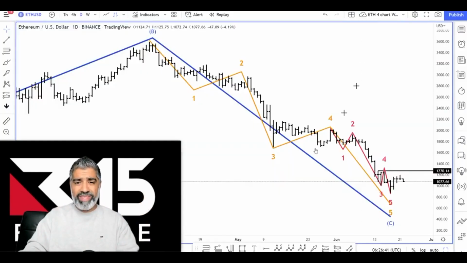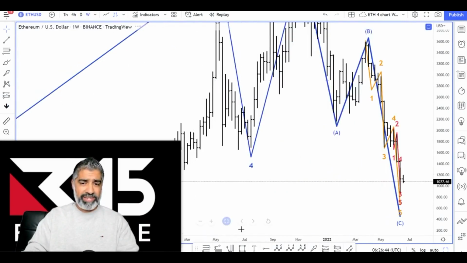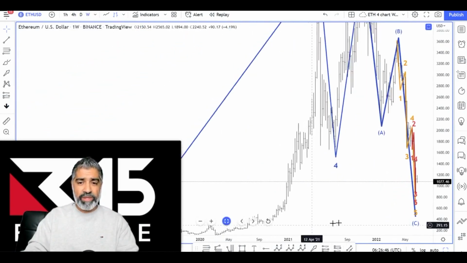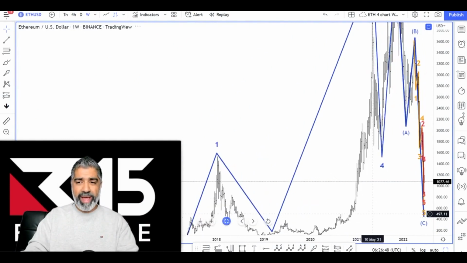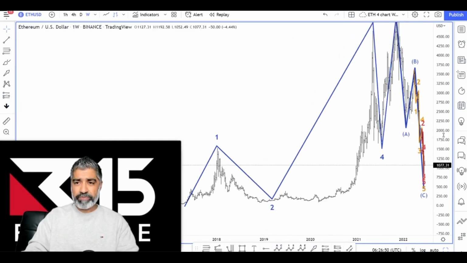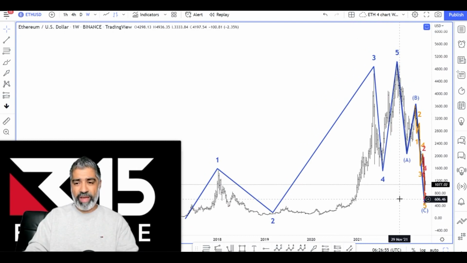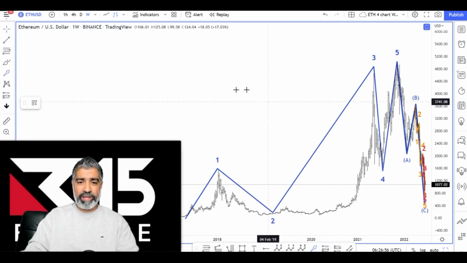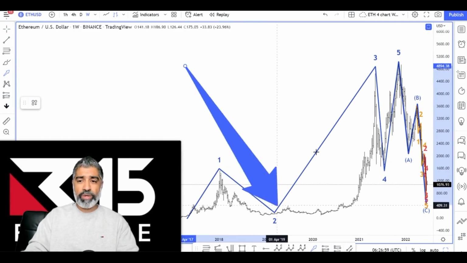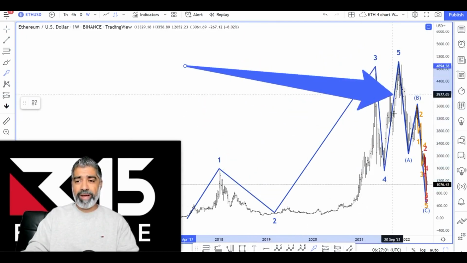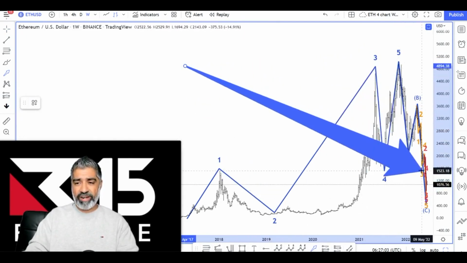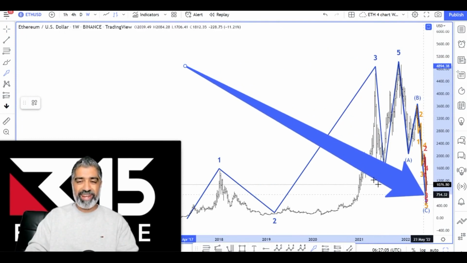So what we're going to do with Ethereum is jump into a weekly chart. It's a daily chart, I'm going to jump into a weekly chart. It just allows me to get a bit more data onto the chart. I'm going to zoom all the way back to 2017. So this is what we did the other day. And we said, look, we've got this macro wave count, right? Markets tend to move in a 1, 2, 3, 4, 5, followed by a typical A, B, C correction.